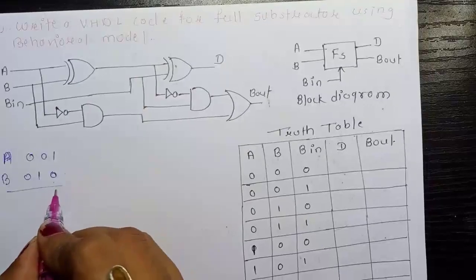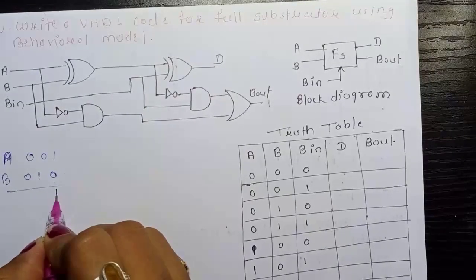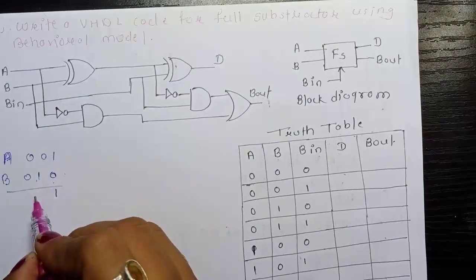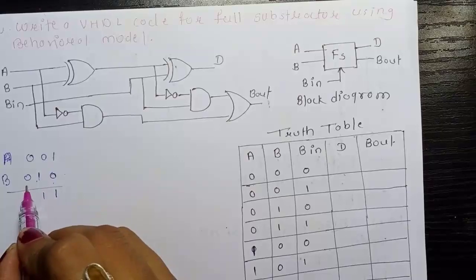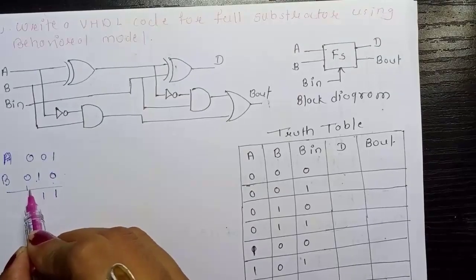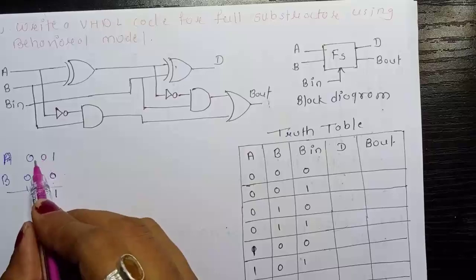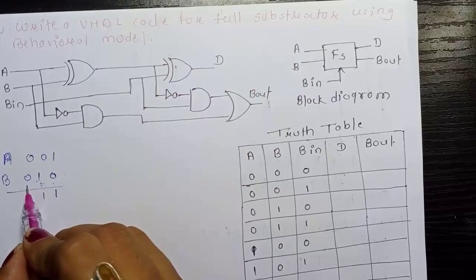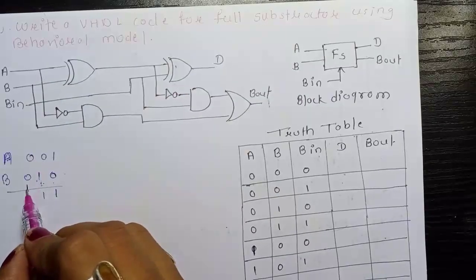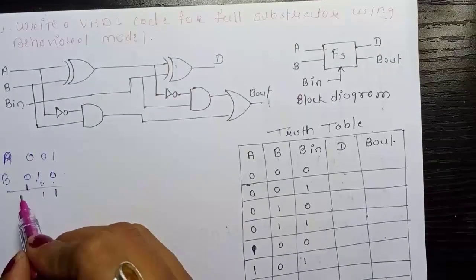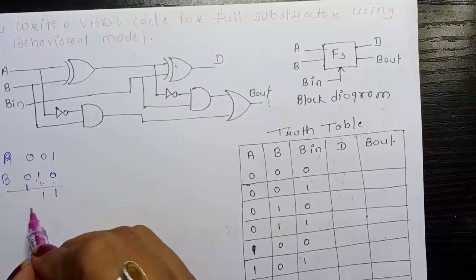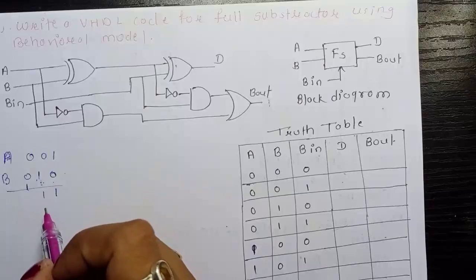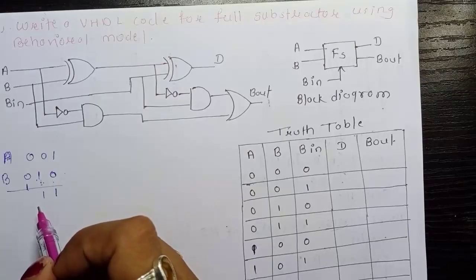Then we get 1. Now 0 minus 1. Here we need to consider 1 with borrow 1. So when the third bit comes here, now this subtraction is done by second half subtractor. Okay, now here we get borrow 1. So when the third bit came, it is impossible for half subtractor to perform subtraction among these 3 bits. And this is the limitation of half subtractor. This particular limitation is overcome by full subtractor.